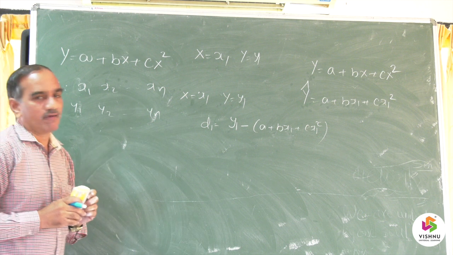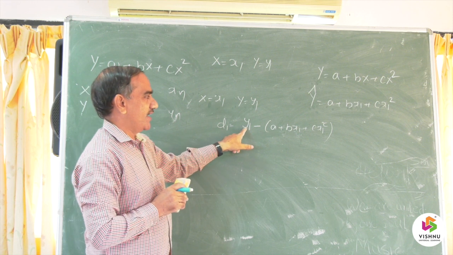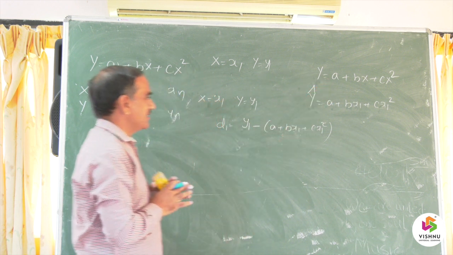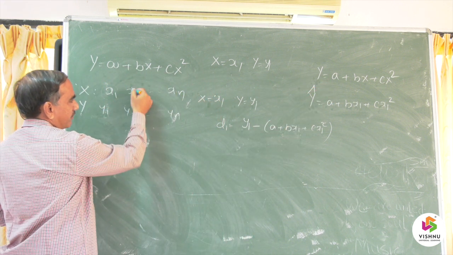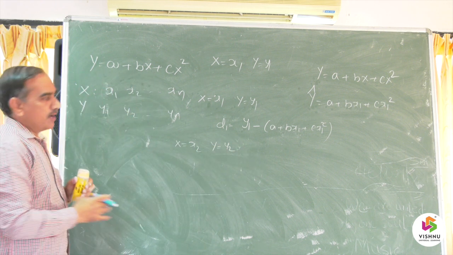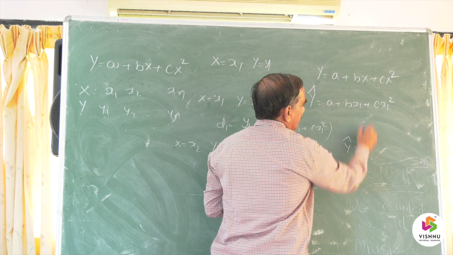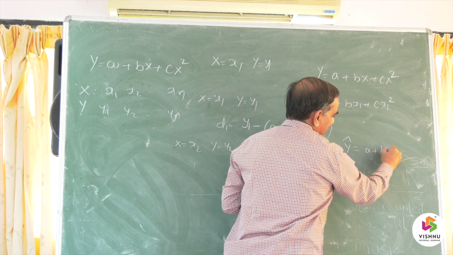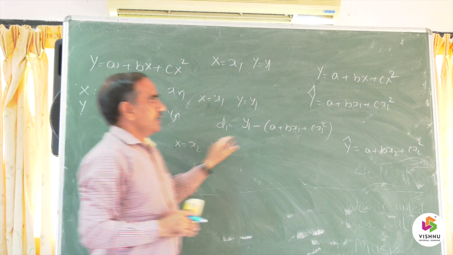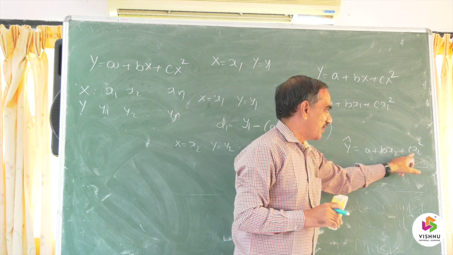So with the help of the curve, in estimating the value of y, we have to allow some error between the original value and the estimated value of y given by the curve y is equal to a plus bx plus cx square. Similarly, for the second pair, when x is equal to x2, y is equal to y2 is given. But take the x value and substitute in the equation, y cap is equal to a plus bx2 plus cx2 square. When x is equal to x2, the value given by the parabolic curve is y cap is equal to a plus bx2 plus cx2 square.